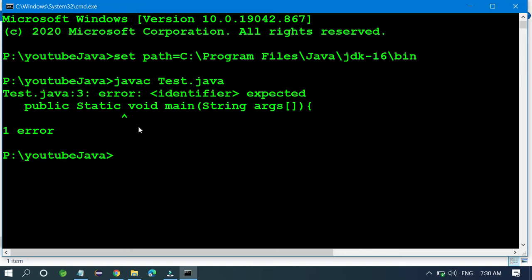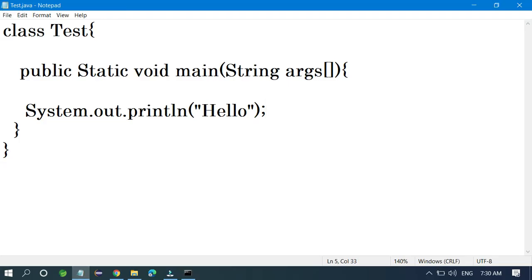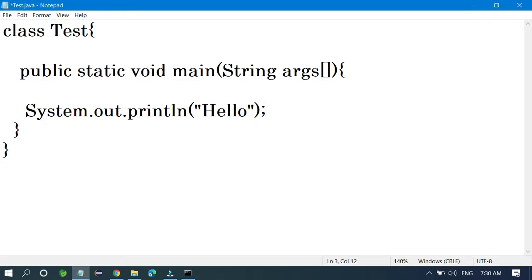Okay, it's saying one error is available in this file. Don't worry about it, because I already declared this array. So go to this file and just say static and save it.